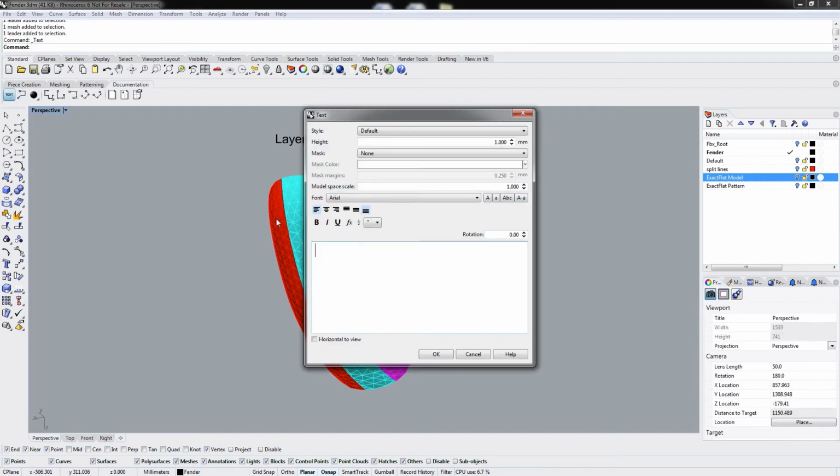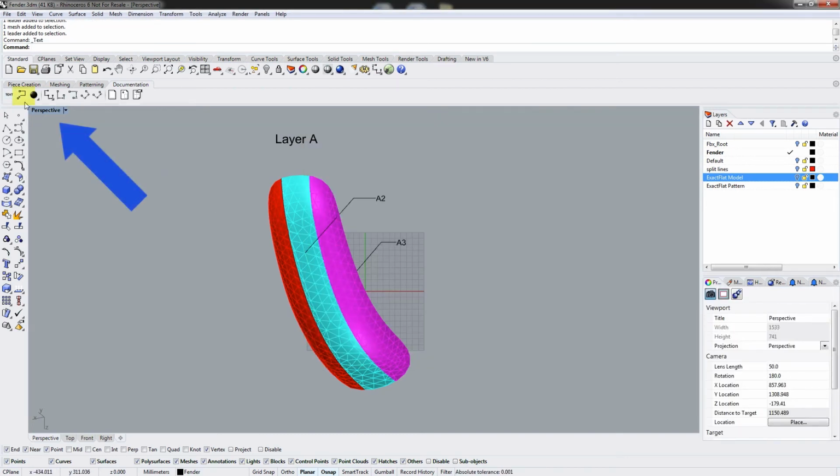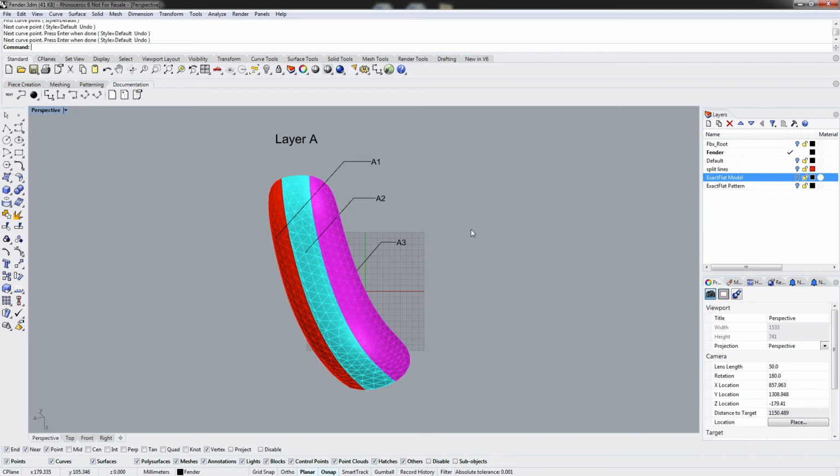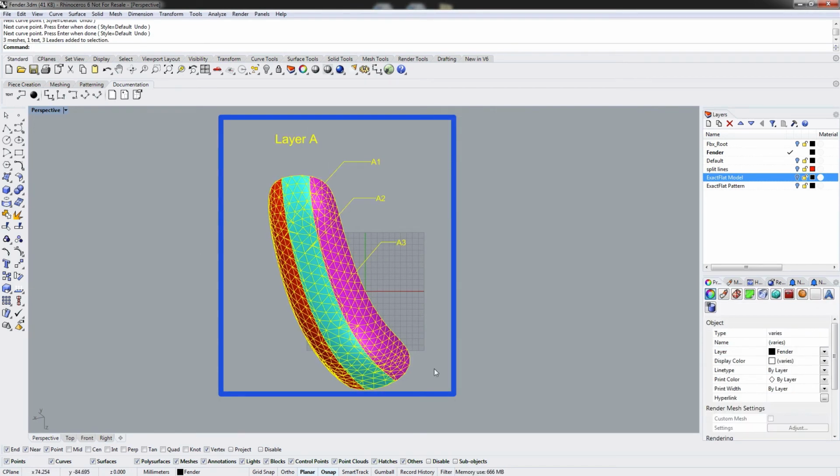And then lastly, we'll come over here to this piece down here, leader, and we'll select a vertex. Just bring it up here. We'll press enter, and A1 and 10 millimeters. We want to make sure we get the correct text height, otherwise we're not going to be able to read it. And now what we can do, I think I'm getting ahead of myself,